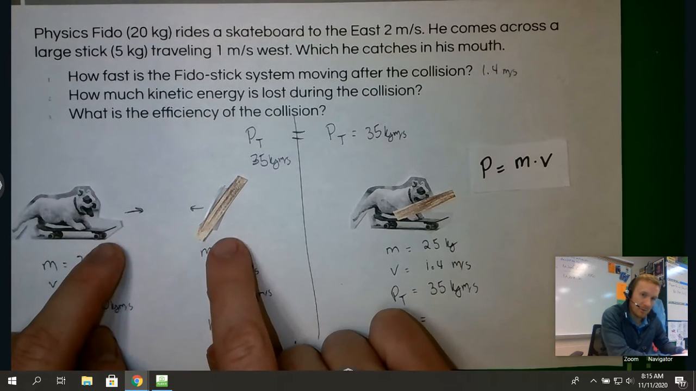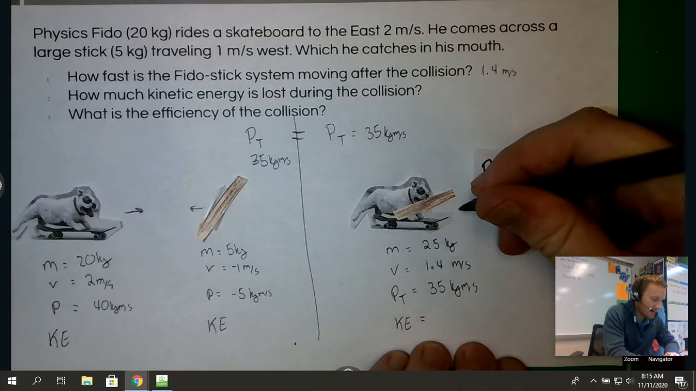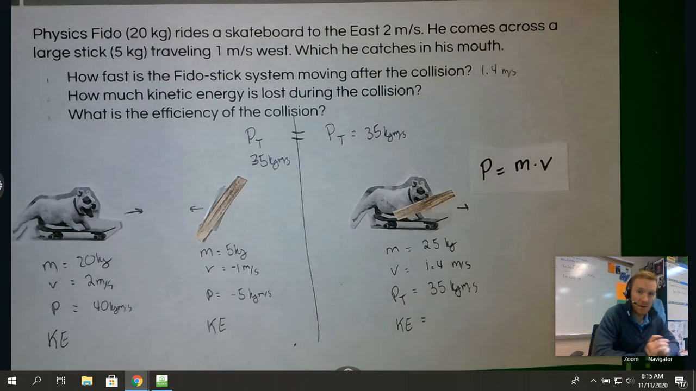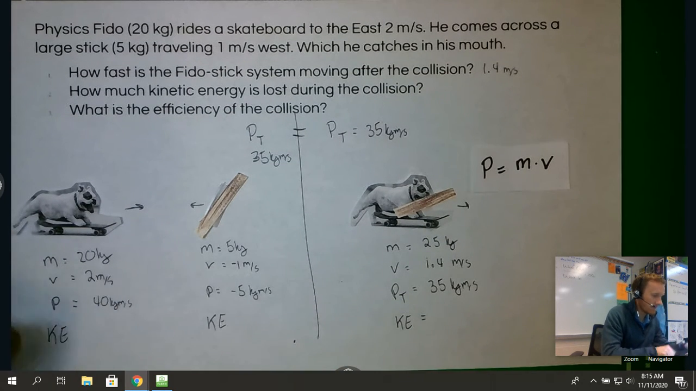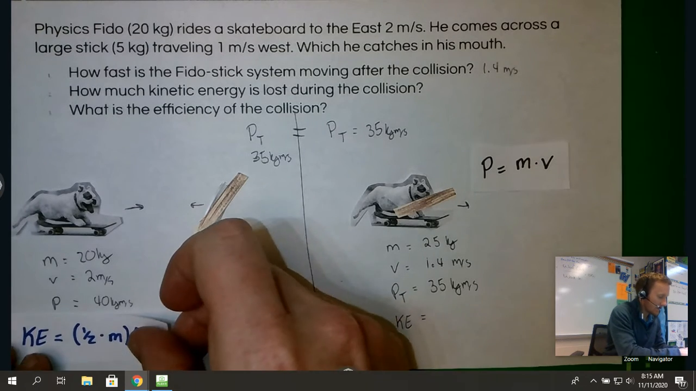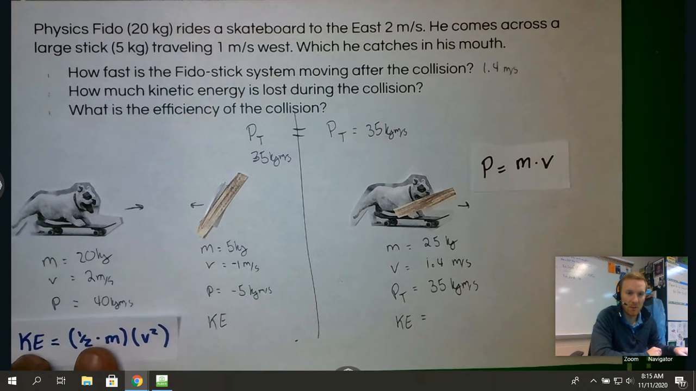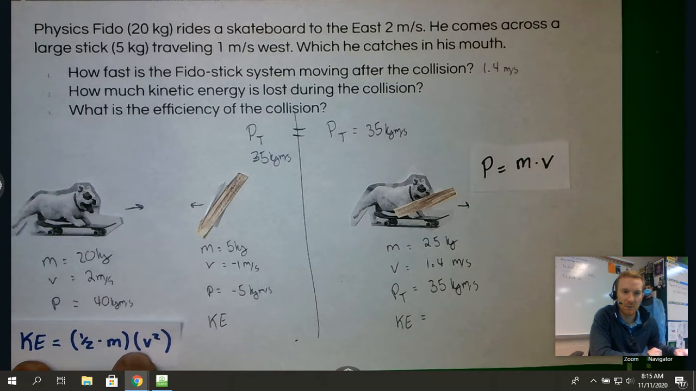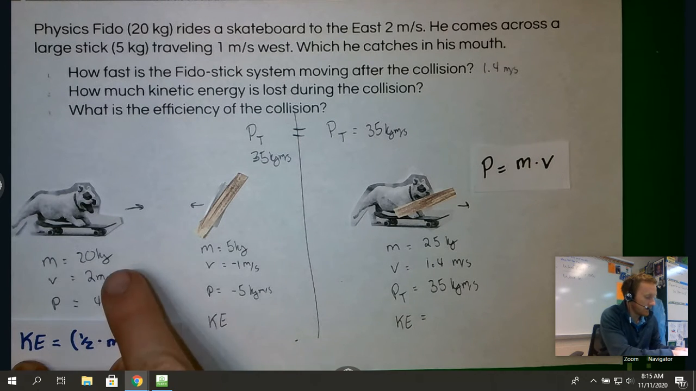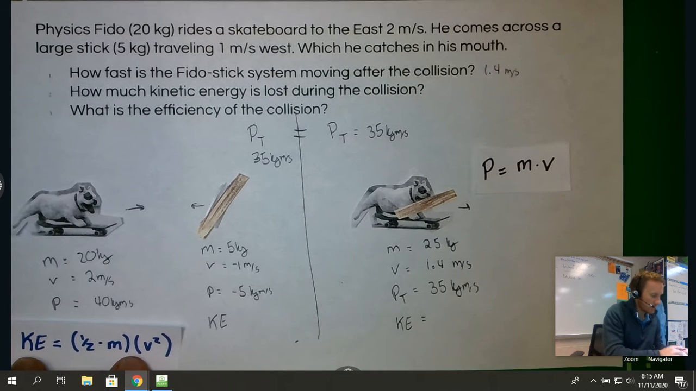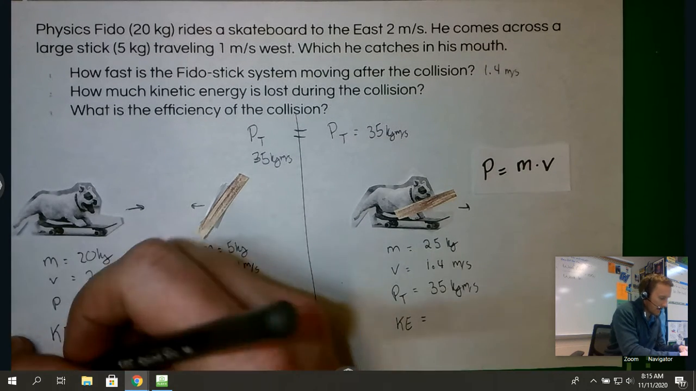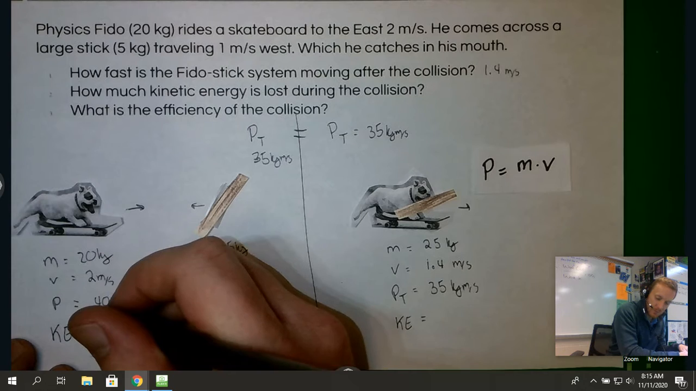So we know that we've got two moving objects before. These guys are still moving afterwards, so we have kinetic energy in both cases. Let's figure out the kinetic energy of Fido and then the kinetic energy of the stick. Remember that our kinetic energy equation is 1/2 times the mass times velocity squared. If we plug in 20 for the mass and 2 meters per second for the velocity, we should get a kinetic energy of